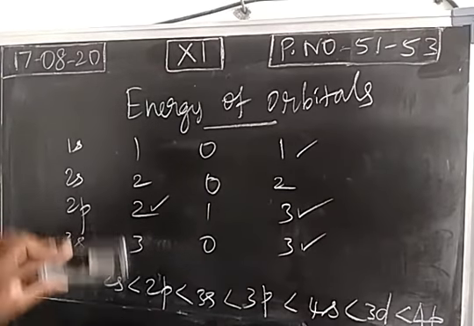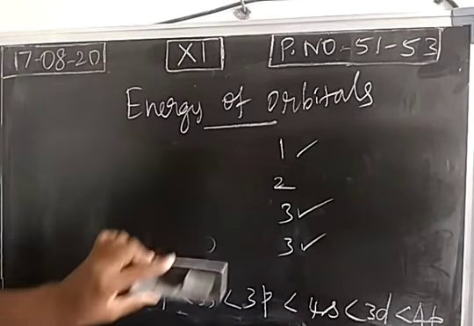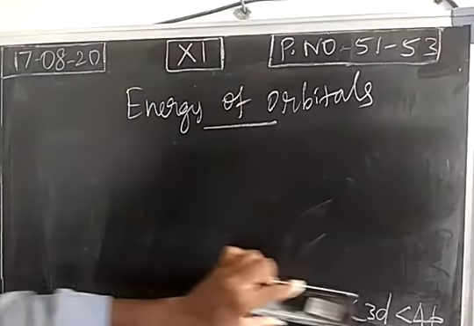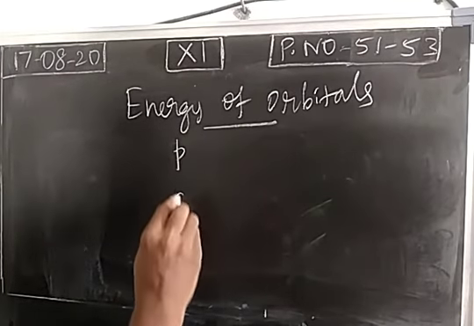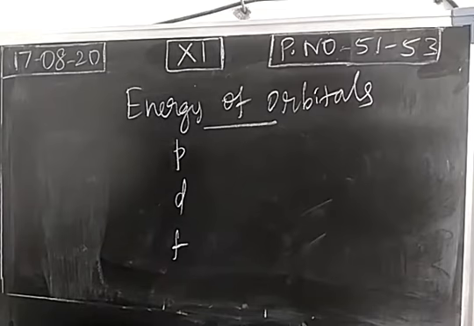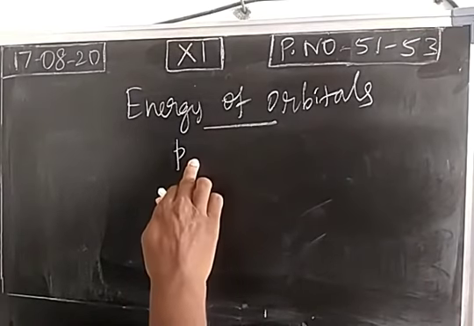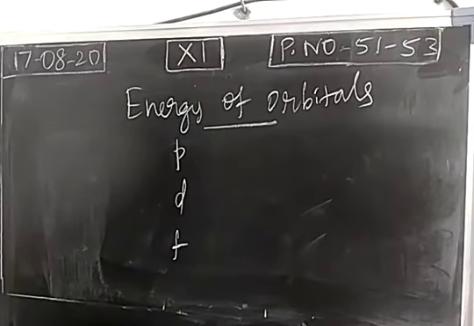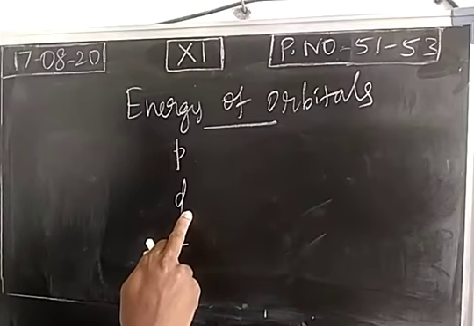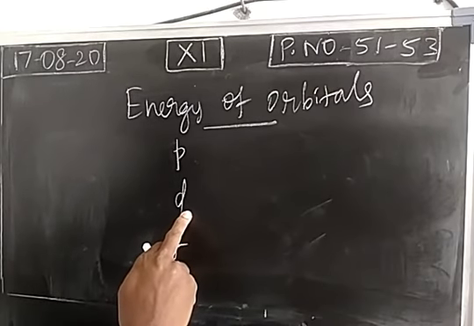Next, what do degenerate orbitals mean? P, D, and F orbitals each have more than one type of orbital. If all the orbitals of P, D, F have the same or equal energy, they are called degenerate. So Px, Py, Pz, all three orbitals having equal energy is called degenerate orbitals. In the presence of a magnetic field or electric field, the energy will be different. Otherwise, all 5 d orbitals have equal energy, degenerate orbitals.